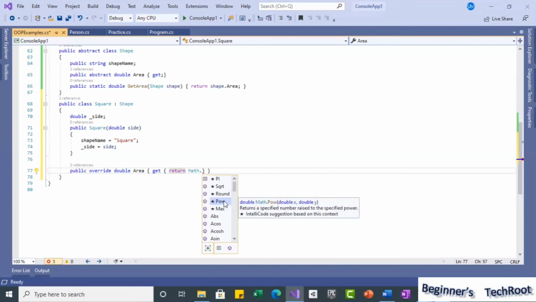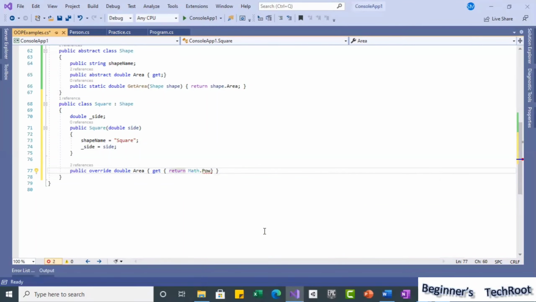The POW method calculates a power. Which power do we want? Side square. So we can give underscore side, comma, how much power you want, 1 power, 2 power, 3 power. Since we want side square, we want 2. Like this also you can use it.